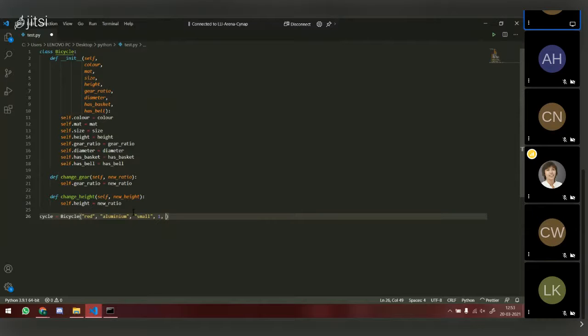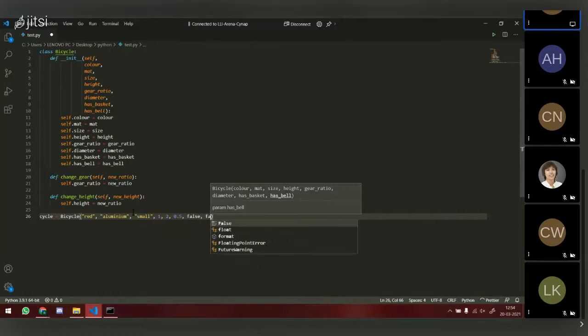Then you have a gear ratio. Let's say it has a gear ratio of 2. The diameter of the wheel could be 10, or maybe 0.5. Actually, 10 is not too realistic. And the last two properties, let's say it doesn't have a basket and it does have a bell. So say